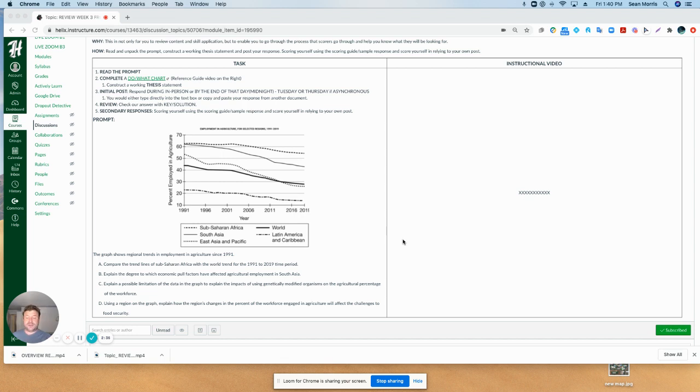But again, folks, you do the best you can. Create a working thesis, answer A, B, C, D, post. You'll see your scoring guide, score yourself, and then reply with that score. And then you want to look at other people's, right? And see how we did. And can you take away anything from their thinking? All right. Use this as a study tool. Okay. That's it, folks. If you have questions, let me know.